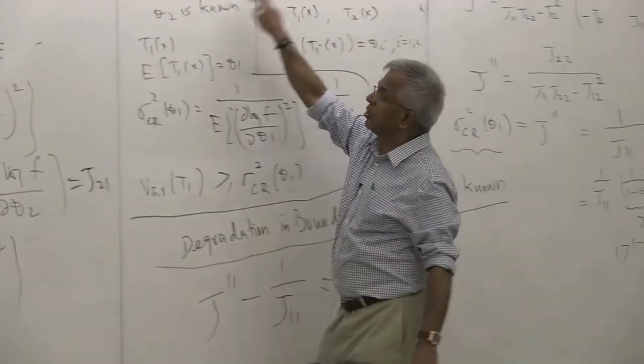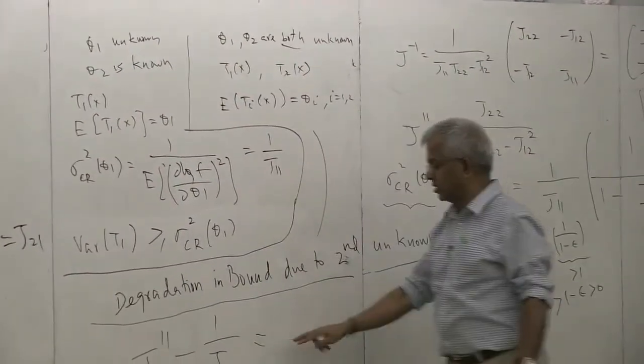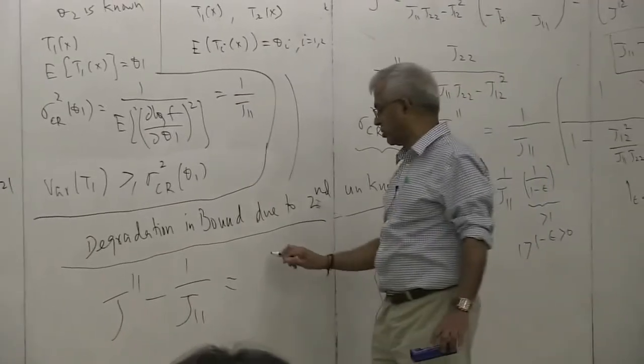We are talking about the same thing, but there is a second unknown, and it is this quantity. So if I substitute that, you get